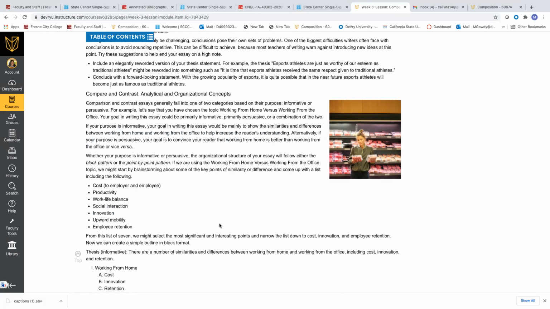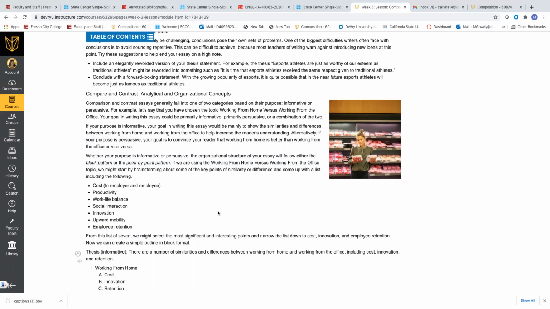Alternatively, if your purpose is persuasive, your goal is to convince your reader that working from home is better than working from the office, or vice versa. Whether your purpose is informative or persuasive, the organizational structure of your essay will follow either the block pattern or the point by point. If we are using the work from home versus work from the office topic, we must